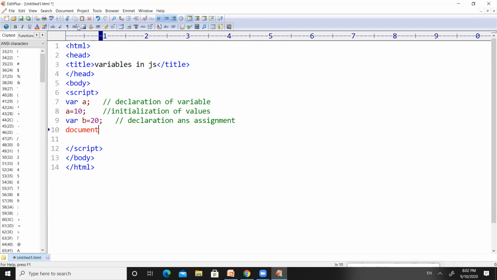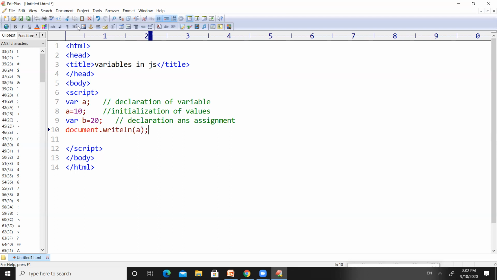Document dot getElementById. We have taken the previous examples. So here also we have to use the same document object dot. There is a function called writeln. We have used println in Java, but in JavaScript we have to use writeln in order to print the value of a variable.